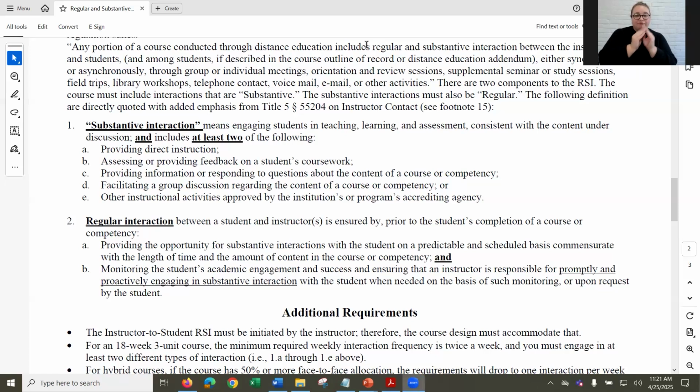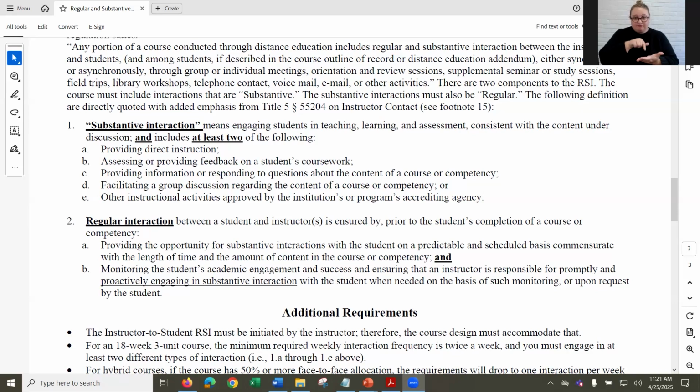Even doing an office hour counts as direct instruction. As long as you have it scheduled regularly, one hour per week, even if students don't show up, they have the opportunity to come to your office hour. As long as it's in your syllabus, documented, and you're doing that.